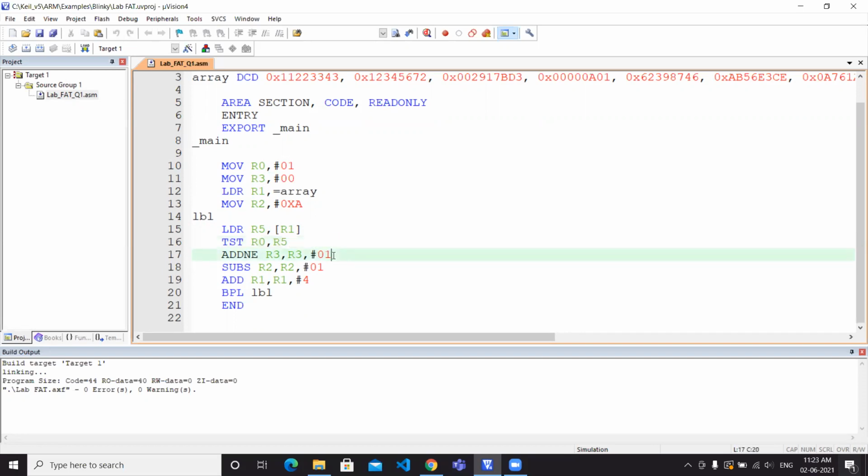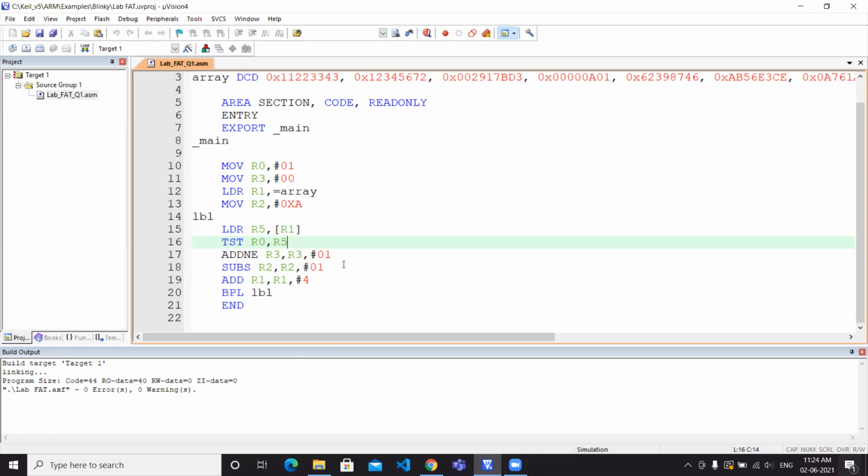It will not store the value, but it sets the Z flag to 0 or 1. If the result is 0, then the Z flag will be 1, and if the result is not 0, then the Z flag will be 0.